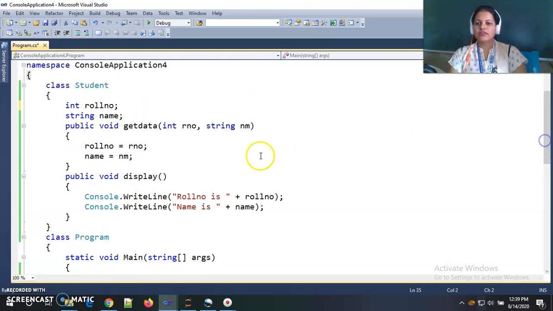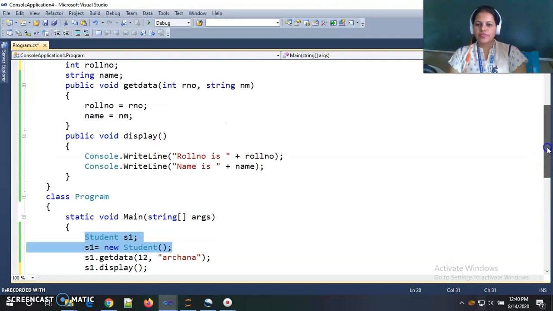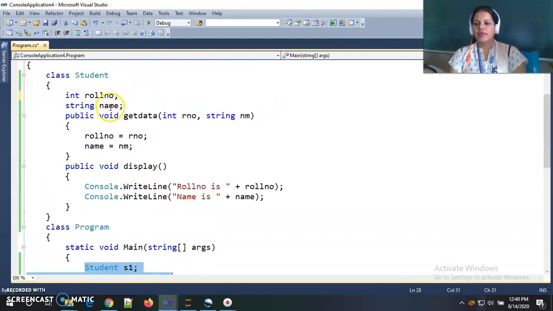define constructors. So what does constructor mean? A constructor is used for initializing the data members. When we create an object, we need to instantiate that particular object. Means while creating our object, we need to call one function which initializes my data members. So this is the use of a constructor.